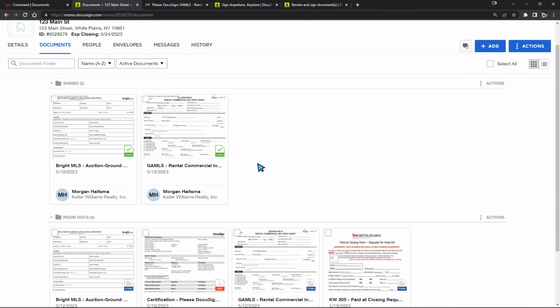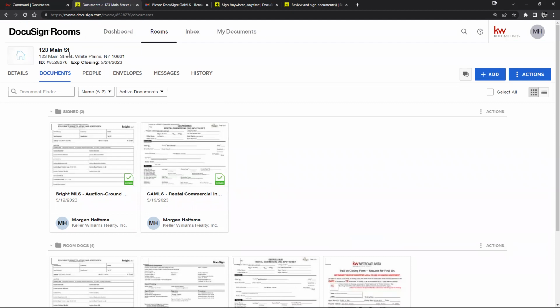So for you guys, this is going to be a little bit different process. I believe each opportunity you may need to be invited into to be able to have the ability to edit and work on these documents. So for example, my 123 Main Street right here,